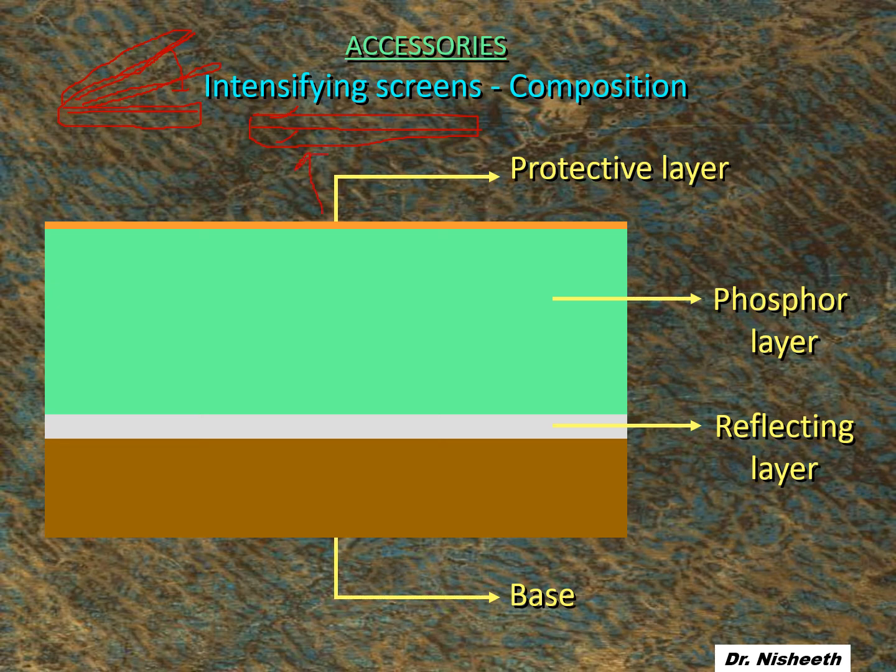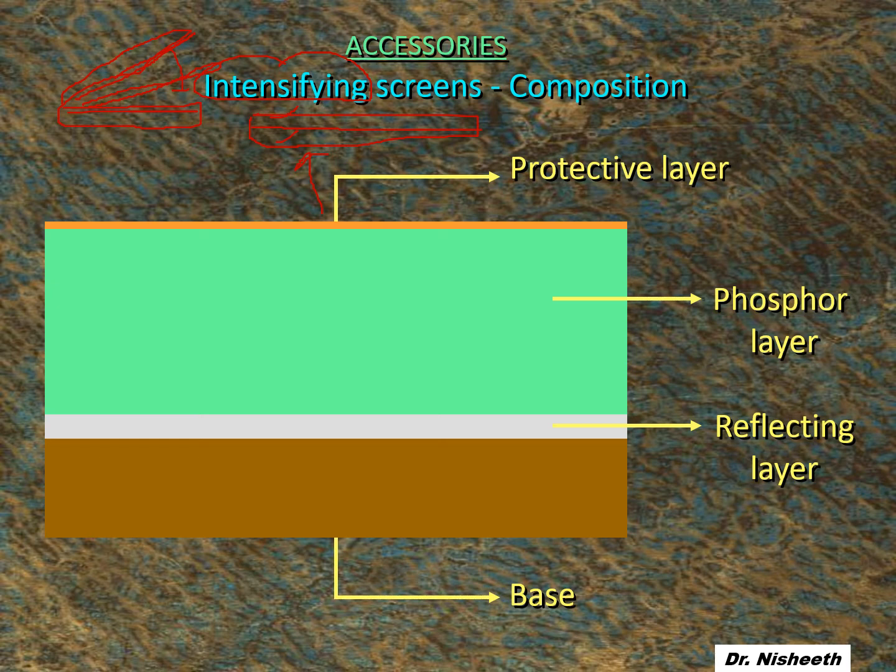Now what happens? Why is the name intensifying? Intensifying means to intensify something. Two guys are fighting, one fellow comes and adds fuel to the argument. Then what happens? The intensity of the fight increases. Something which increases the intensity of anything is called intensifying. That means this screen or device is also going to intensify something. Our aim is to reduce exposure. For reducing exposure, we need a greater number of X-rays. So we need to intensify the X-rays.